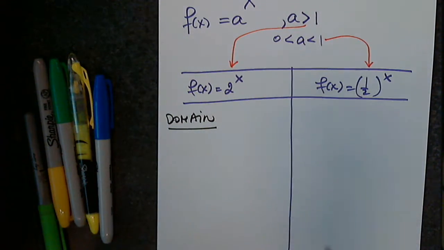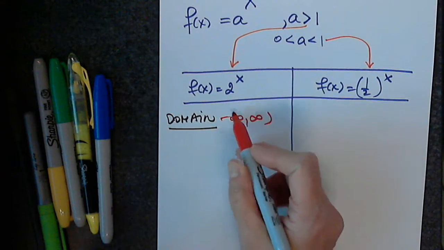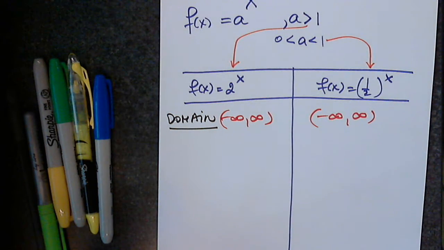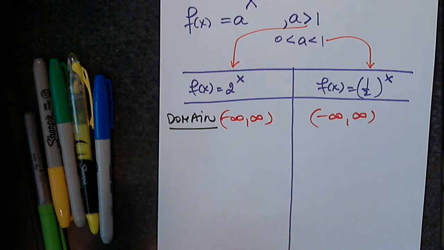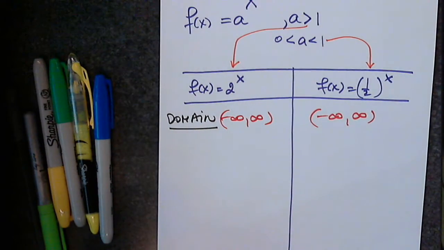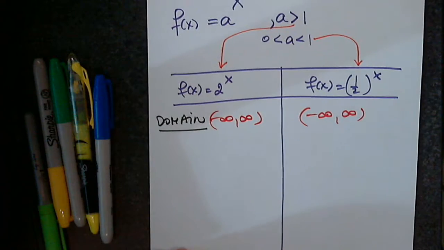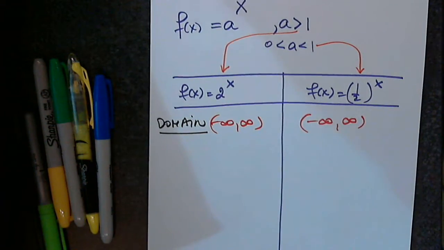Right, it's a friendly function. -infinity to infinity. No restrictions. Friendly, like polynomial functions, like the cube root. So, nice function. Defined everywhere. Don't have to worry about anything. Good. Now,